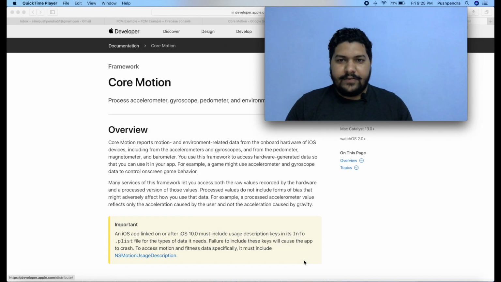Once again I came with a very interesting tutorial. In this tutorial I'm going to tell you about the Core Motion library, how you can integrate it in your application, how you can count steps, and how you can handle basically the motion of the device. So let's begin with development and understand the complete flow of Core Motion library.